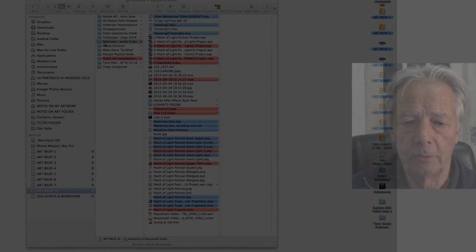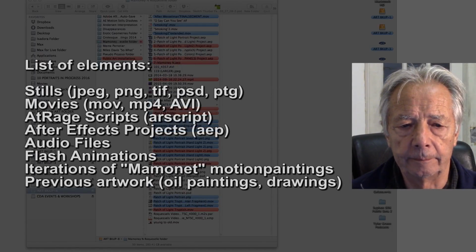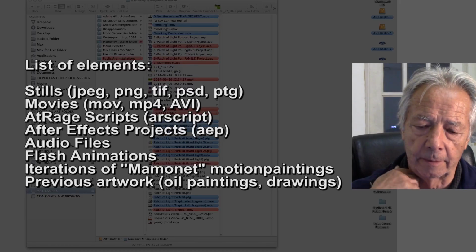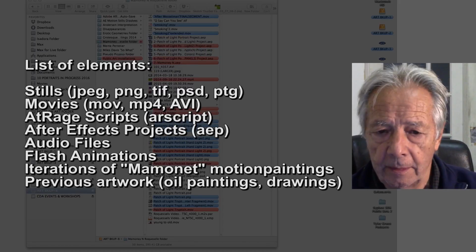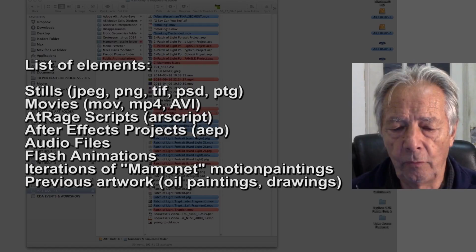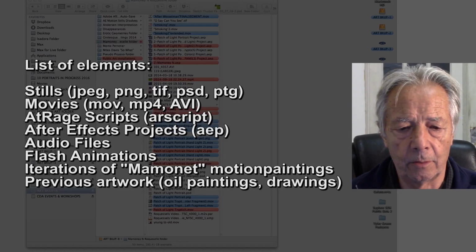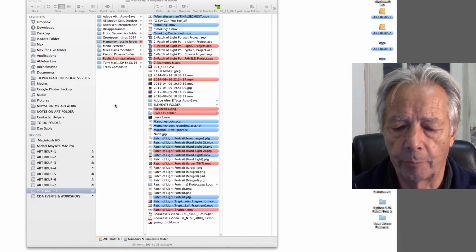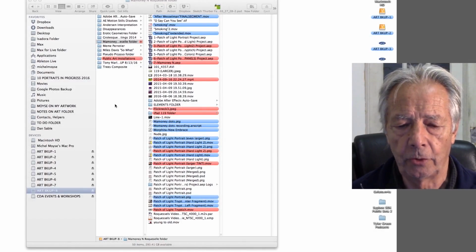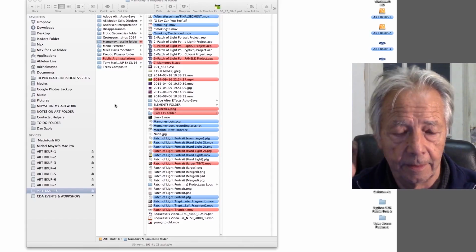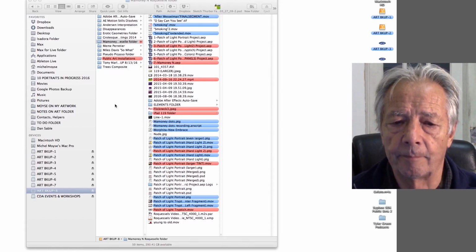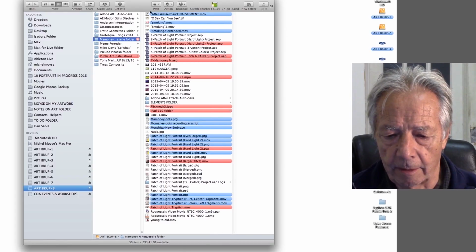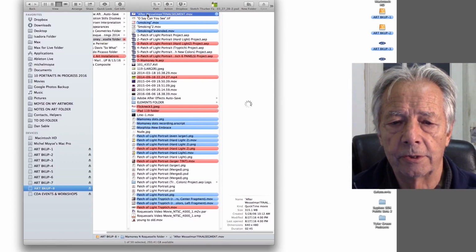The first thing I want to do is to show you the various components or the elements, or I call them colors, but they're effectively the movies that I've created over the years and that I felt in some way might be important to have and to utilize in the motion painting. And as you can see from the screen here, I've got a whole bunch of things, some of which,